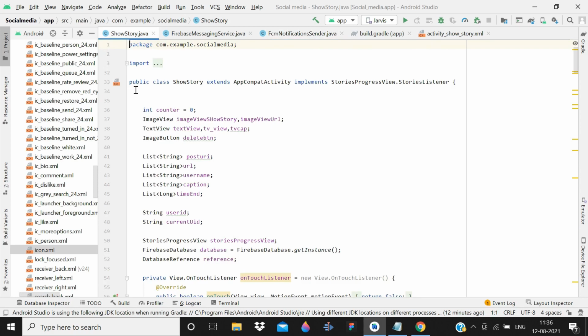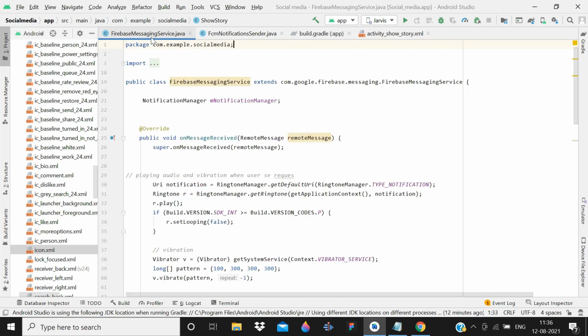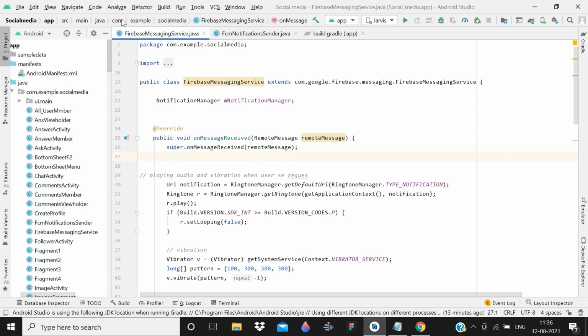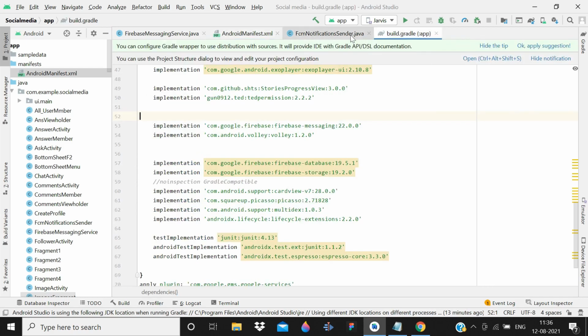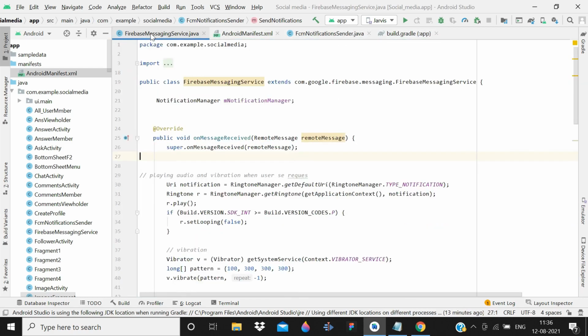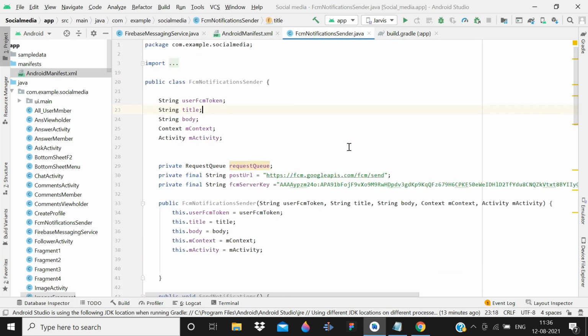Then after this, we can proceed. So after this, let me close the rest of the part, and now it's time to open the show user activity. Yes. So now I hope you guys understood that you have to add a vibration permission in your manifest. So here you can see that we have this permission. Understand, we have added the dependencies and we have created these two classes for sending messages, and we have also added the server key. Yes, so here you can see that we have added the server key. Understand? Now we can proceed.